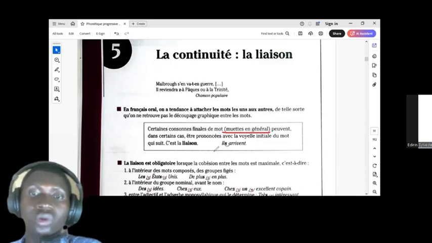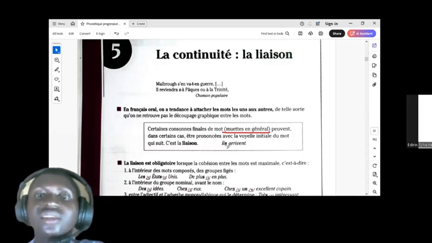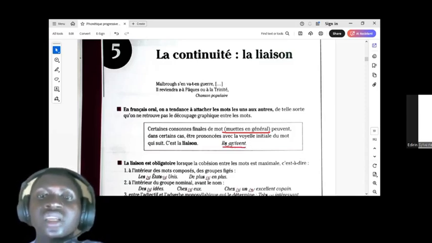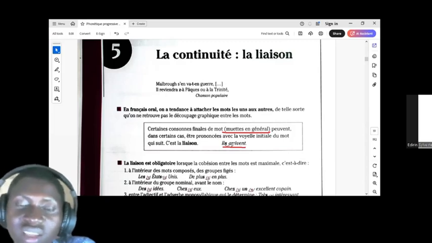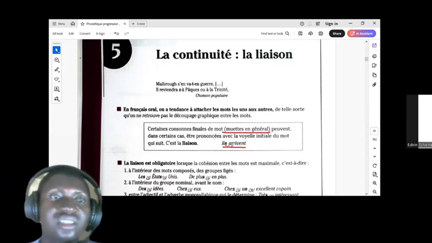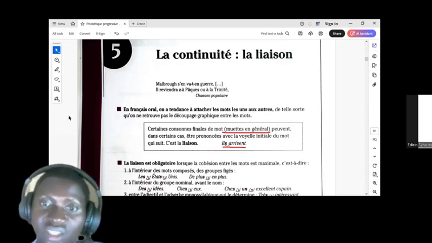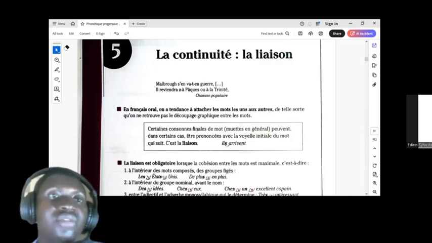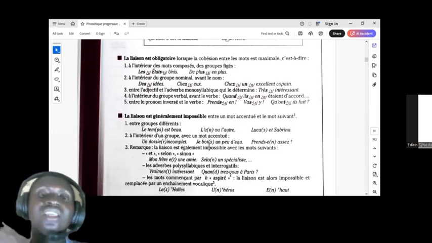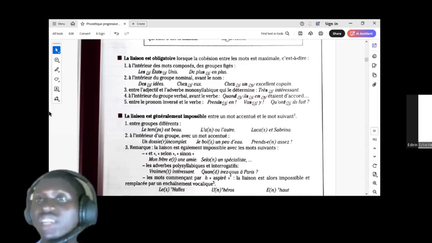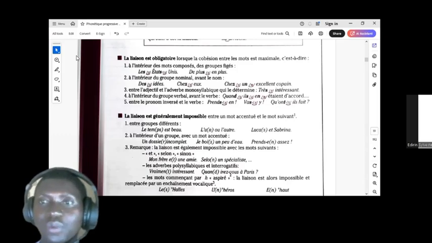So ce sont des différences. Look at the example of liaison. Ils arrivent. This S is not pronounced on a normal day, but because of the A there in arrivent, it now becomes Z. So that's the difference between enchaînement and liaison. Now, avec la différence qui existe entre l'enchaînement et la liaison, maintenant, on va parler de liaison jusqu'à un certain niveau. We have different types of liaison. A consonant not pronounced is being pronounced because of the vowel that follows it.